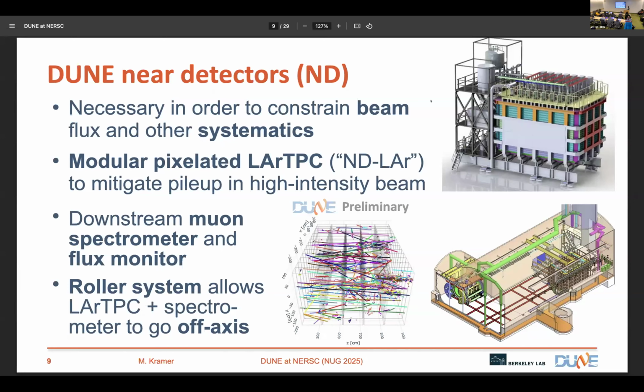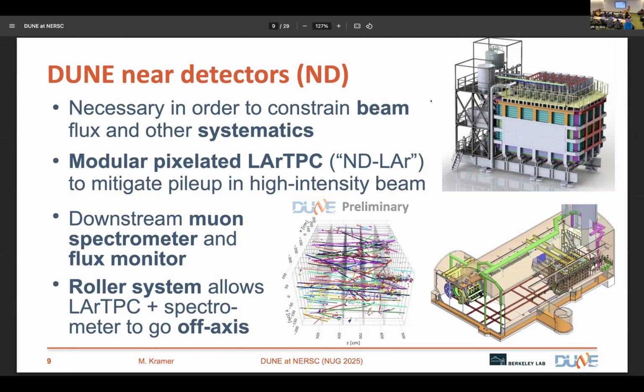So these are much smaller. You may or may not see a person for scale here, but you can see by the staircases, and yeah, there's a little person there actually, much, much smaller than the far detectors. But just as important, because without them, we have no idea what beam we're dealing with. So we use this suite of detectors to constrain the beam flux and other systematic uncertainties like neutrino interaction cross